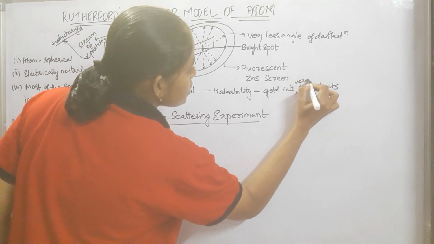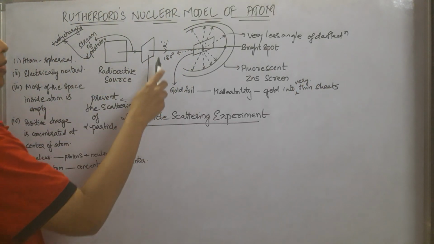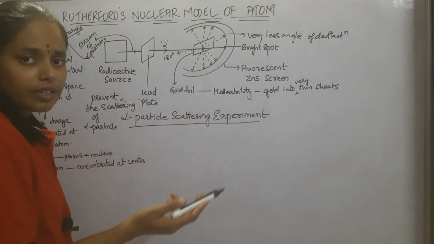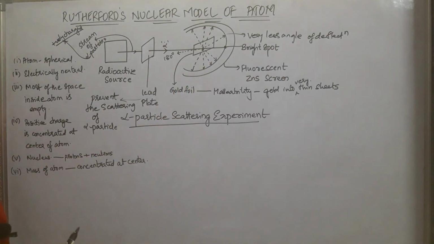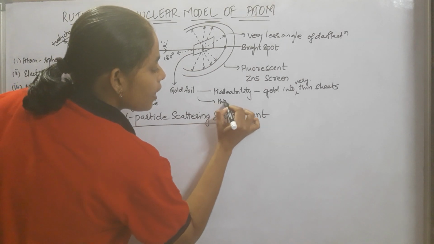Only by using very thin sheets can these alpha particles pass. If we use thick sheets like aluminium or silver, the passage of alpha particles will be difficult, and he couldn't find any observations. And the second property is high atomic number,